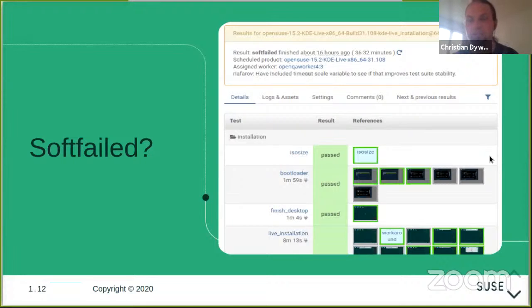You notice now the outline of the test overview is yellow, and it says soft failed finished, and it gives you a similar overview of how long it took to run the tests, what machine it ran on, the name of the worker, and